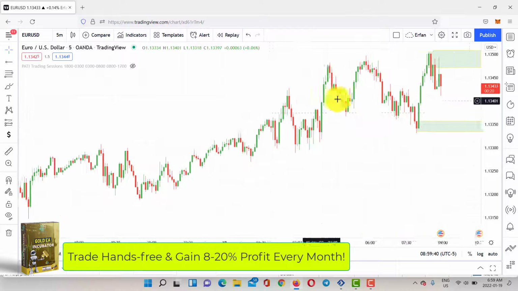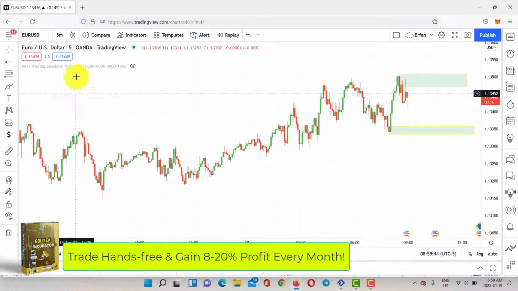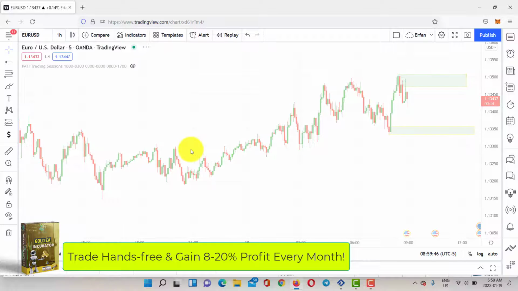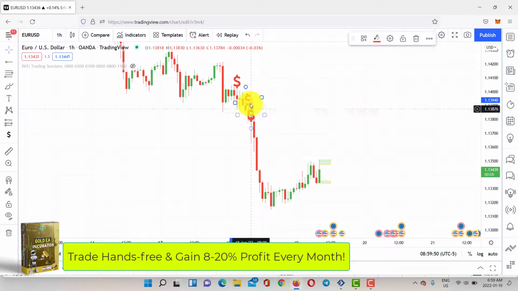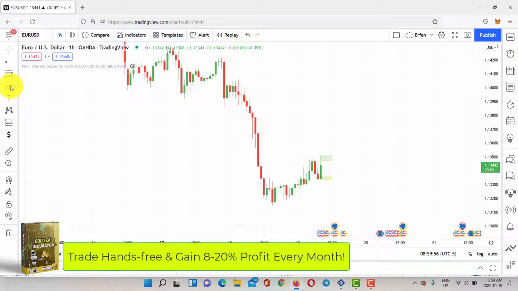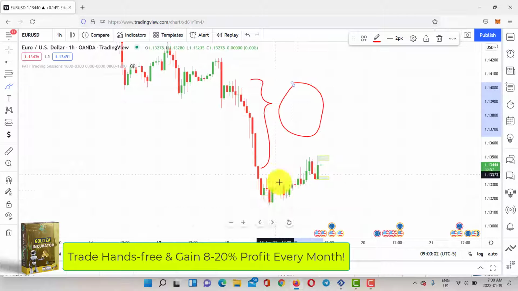Yeah, as I was saying, we have a really clear bullish trend right here in the 5-minute time frame. But if I quickly take a look at 1 hour, just look at this, guys. I didn't even remove these symbols here, so it means that we have so many gaps. It's a huge gap from here to here that needs to be filled in, and that's why in 5 minutes